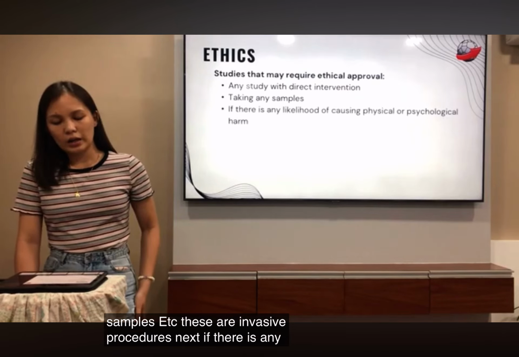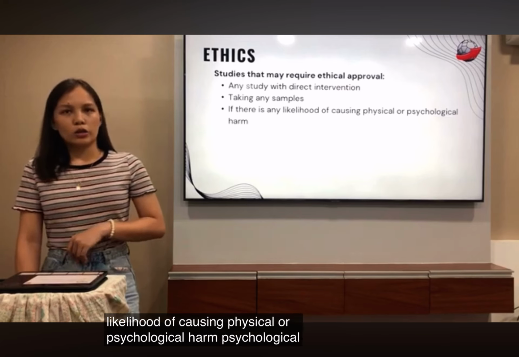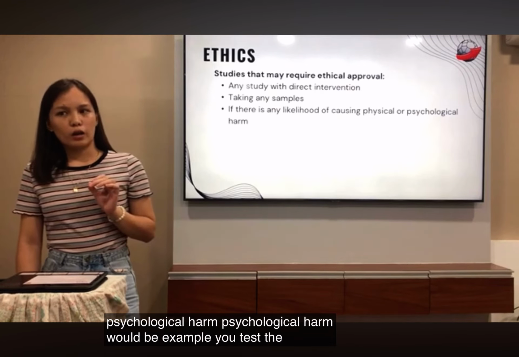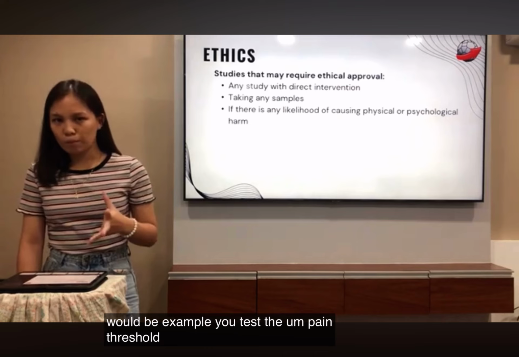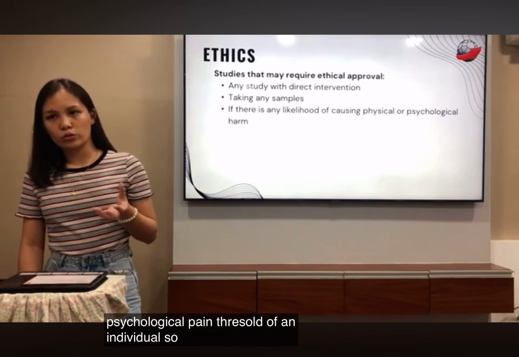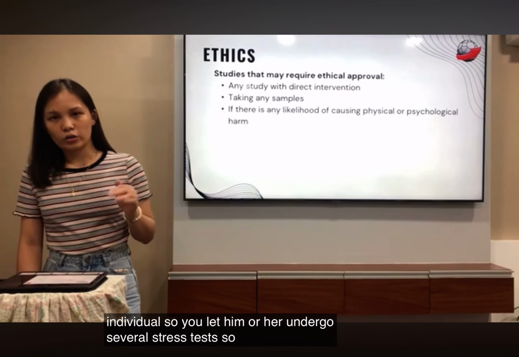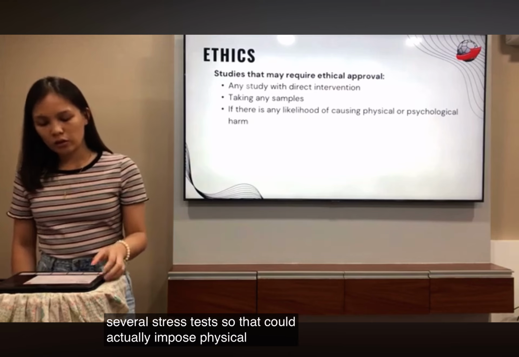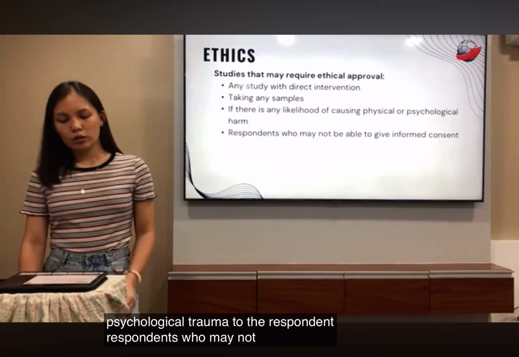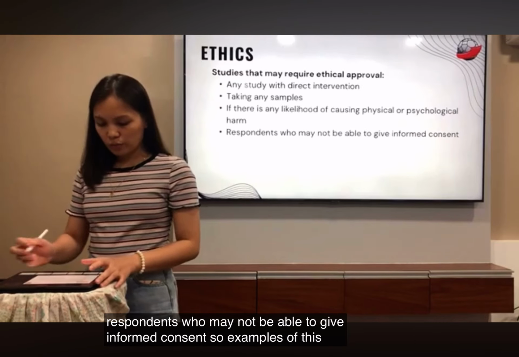Next, if there is any likelihood of causing physical or psychological harm. Psychological harm would be, for example, you test the physical or psychological pain threshold of an individual, so you let him or her undergo several stress tests, so that could actually impose physical or psychological trauma on the respondent. Respondents who may not be able to give informed consent, so examples of this would be